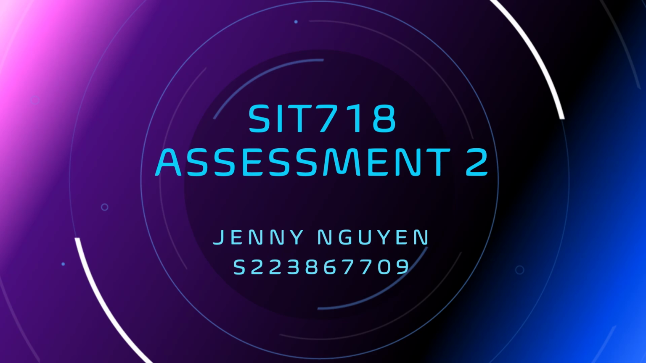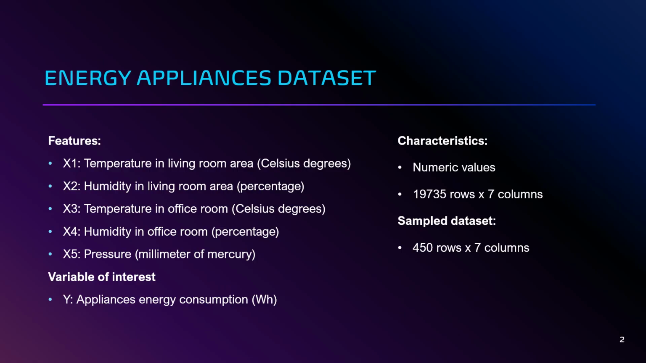Welcome to my presentation on Assessment 2 of SIT718. Today in the analysis, there will be a dataset on energy appliances with a total of 5 X features and 1 Y variable of interest. The dataset contains numeric values with a total of more than 19,000 rows and 7 columns, and will use a sampled